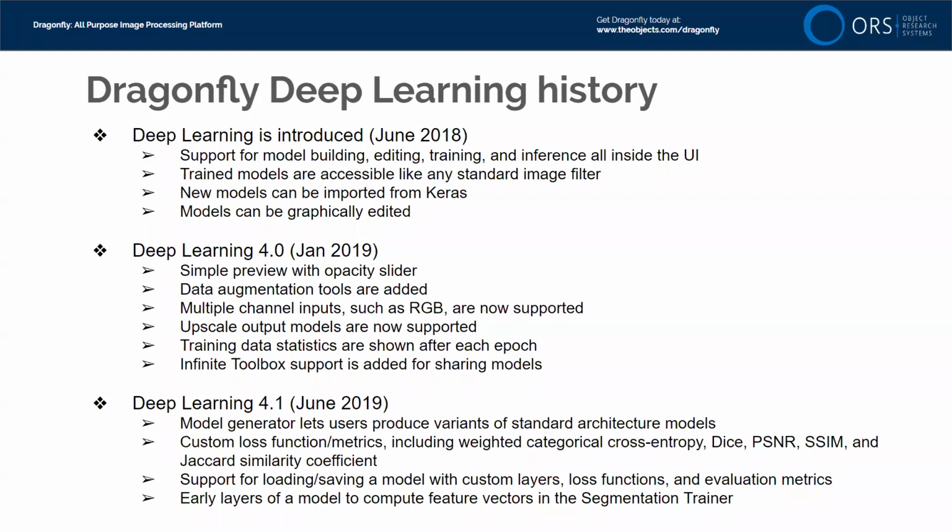Now, we also introduced the ability to train models in Dragonfly with multiple inputs. The multiple inputs here could be, I have a color image, and so it's a red, a green, and a blue channel of information, or it could be an electron microscope experiment where I have a secondary electron signal and a backscatter signal. We will be talking about that sort of example in a lecture next Thursday as part of